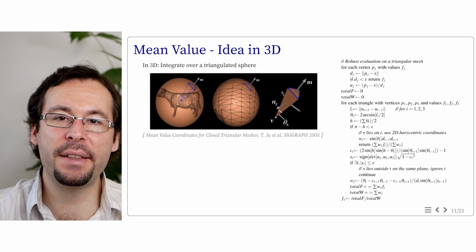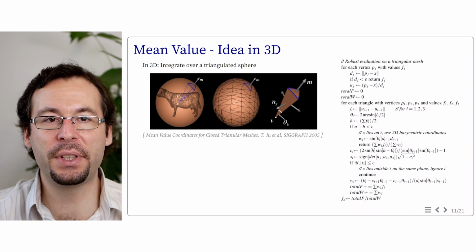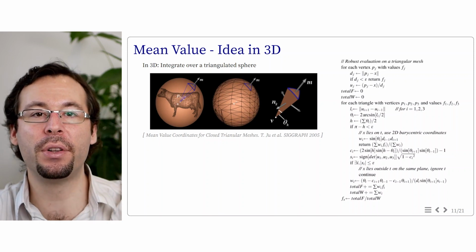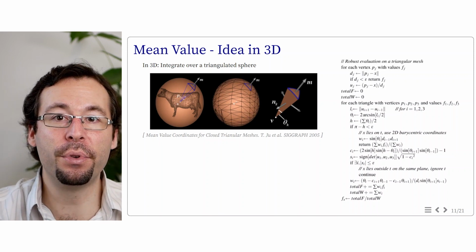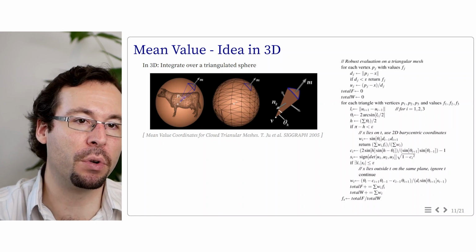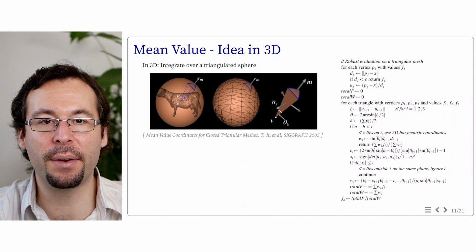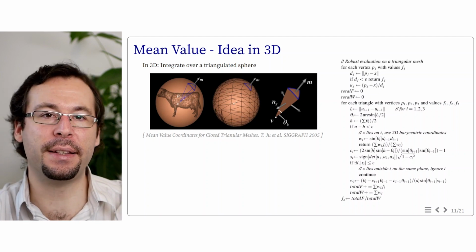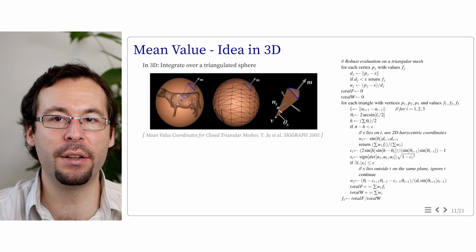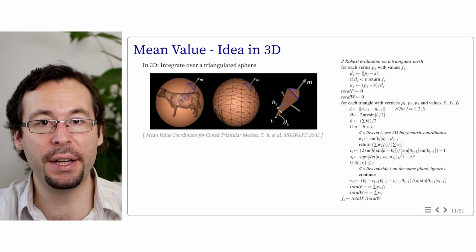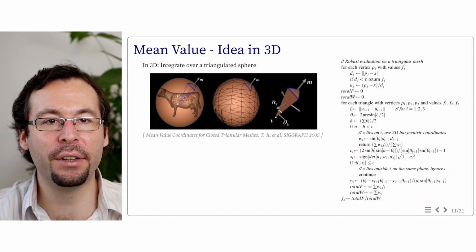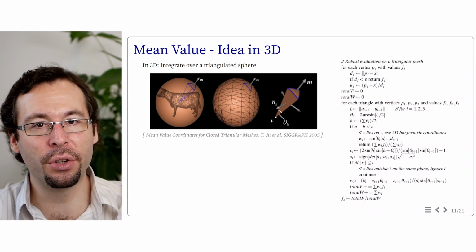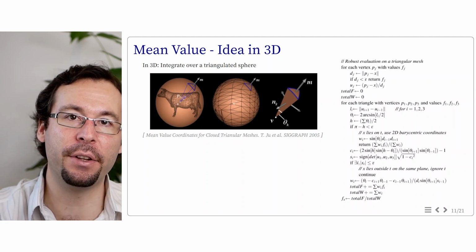So in the 3D case, the idea is actually similar, but in this case, we have to project the 3D cage on a sphere surrounding the vertex. So the computation is a little bit more complex, so I won't go into the details, but you have the algorithm from the original publication. And the formula is expressed in function of the normals and angles on the side of the tetrahedron made by projecting the cage, the triangle of the cage, into a sphere, and then extruding this triangle to pass by the point P.